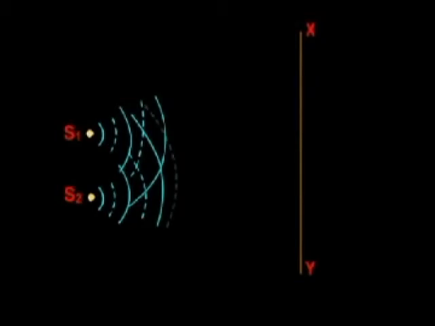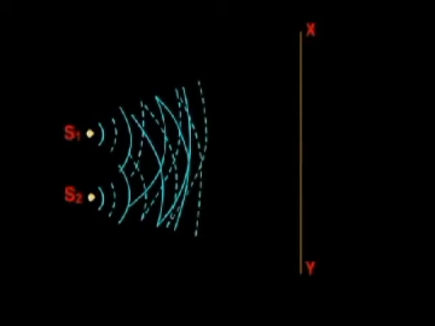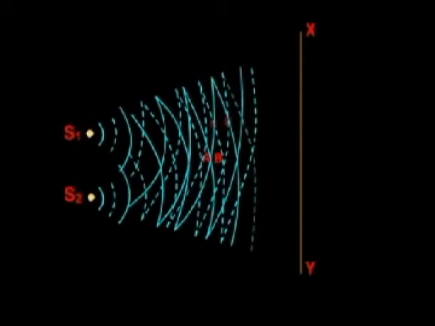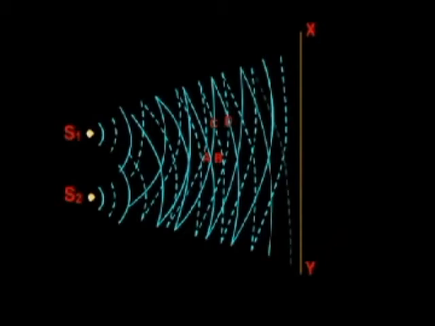Crests and troughs in the form of circular waves from both the sources travel forward on the surface of water and they interfere. Under the illumination of the ripple tank, a pattern called an interference pattern is observed. The portions of circular waves consisting of crests are shown by solid lines, while the portions due to troughs are shown by dotted lines. Let the waves move forward towards a vertical line xy. Let us consider the interference of waves at any instant of time.